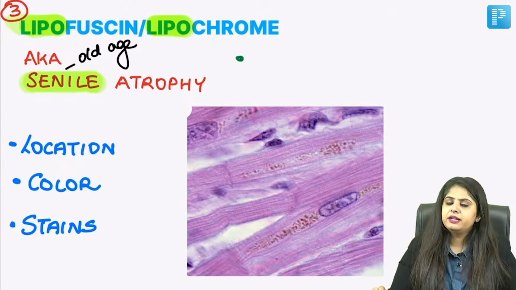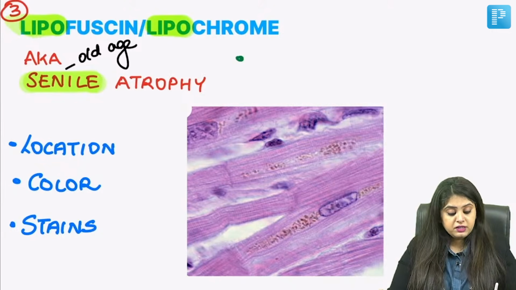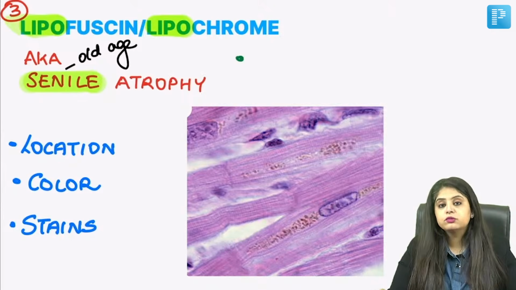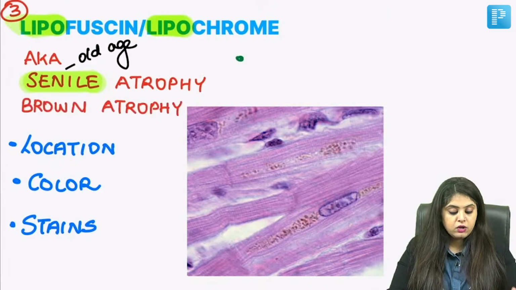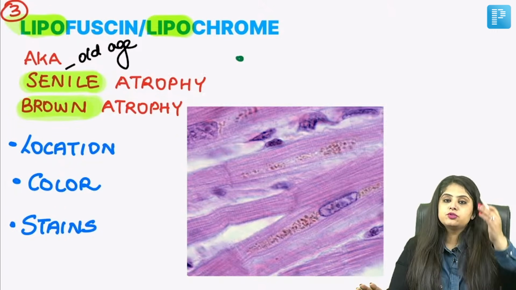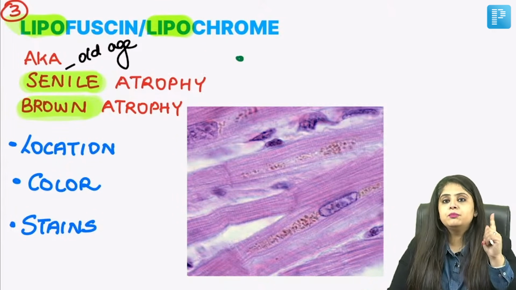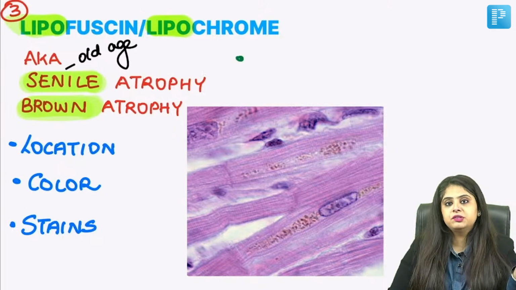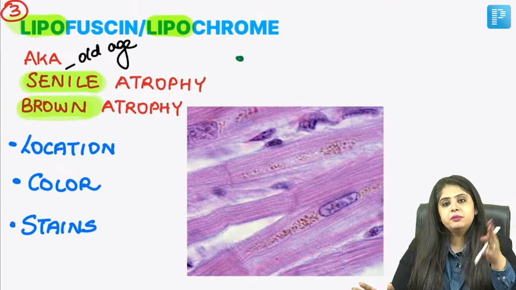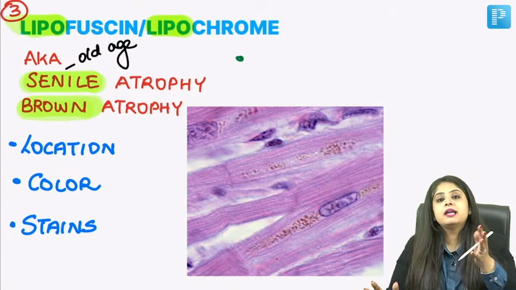85, 90-year-old, 95-year-old, yes. So what is the color of lipofuscin? Can you tell me yourself by looking at this picture? Ma'am, it looks to be brown in color. So tell me another name for it. The other name is brown atrophy. All these, see, lipofuscin 1, 2, 3, 4, 5, so many names. Number 1, lipofuscin. Number 2, lipochrome. Number 3, old age, so senile atrophy. Number 4, it is brown in color. Okay, brown atrophy. But ma'am,